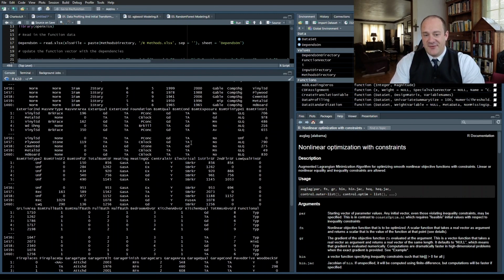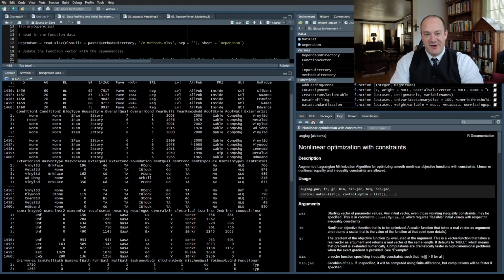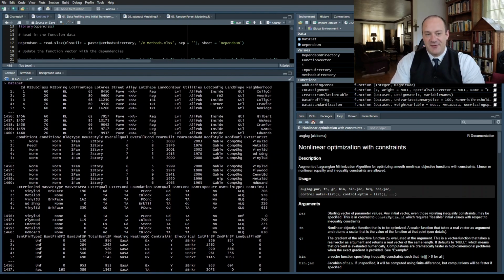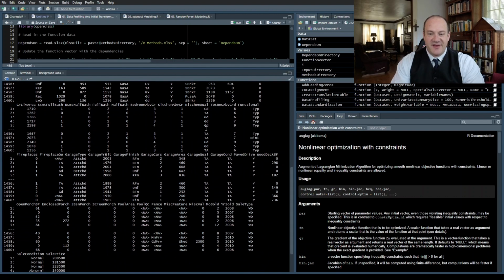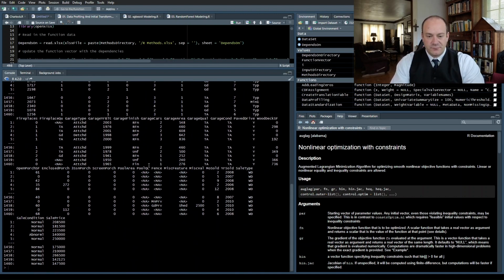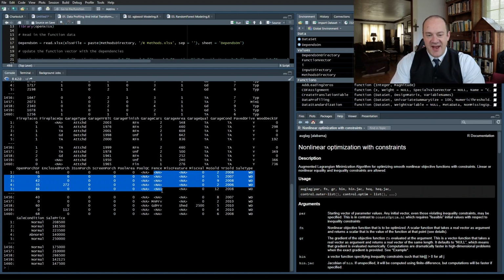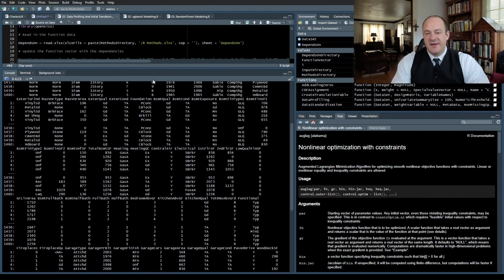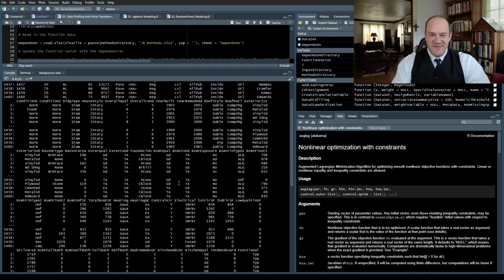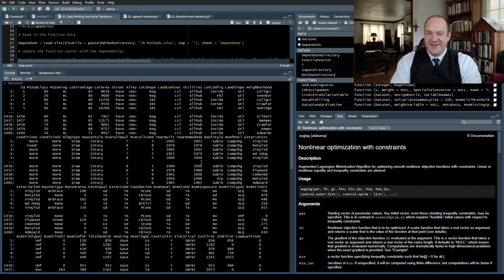But wait, what if there's missing values? But we already know how to handle that problem too, right? So for categorical variables such as fence, all these NAs, because it's a categorical variable, we're simply going to treat them as just another category, the category of missing. And for the numeric variables, we're going to create missing indicators for those, as we discussed in the last video. And so we are going to then standardize all of this stuff, but